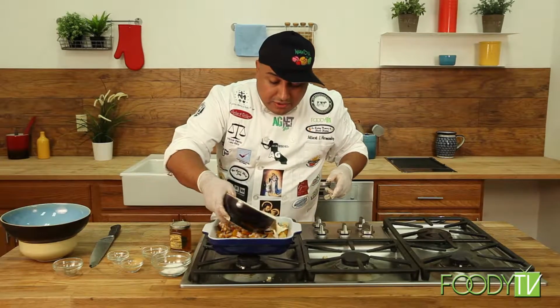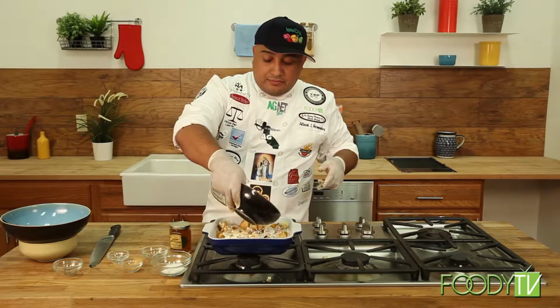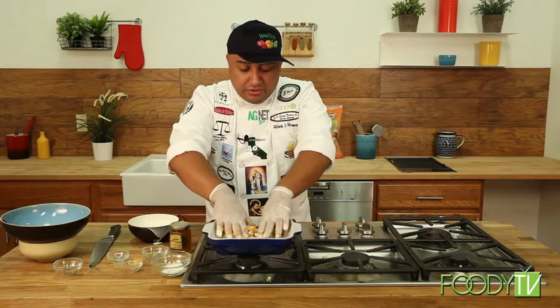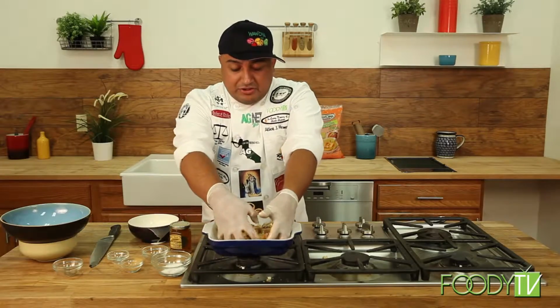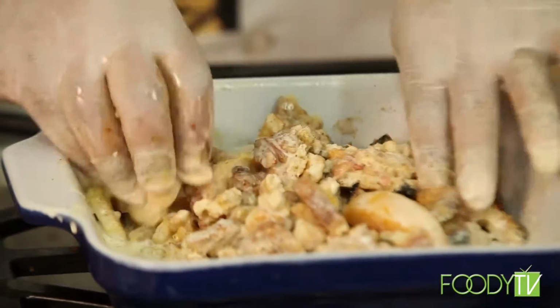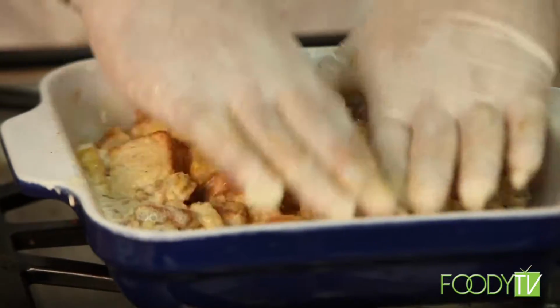But what I'm going to do now is add in our cream. This is where the messy part happens now. We're going to go ahead and work this through. And remember, it's a bread pudding, so it's supposed to be light and it's supposed to be delicious. I'm just going to keep working through a little bit more right here. And you can start to see all the flavors that are massing together. And this is super important because we want to have a